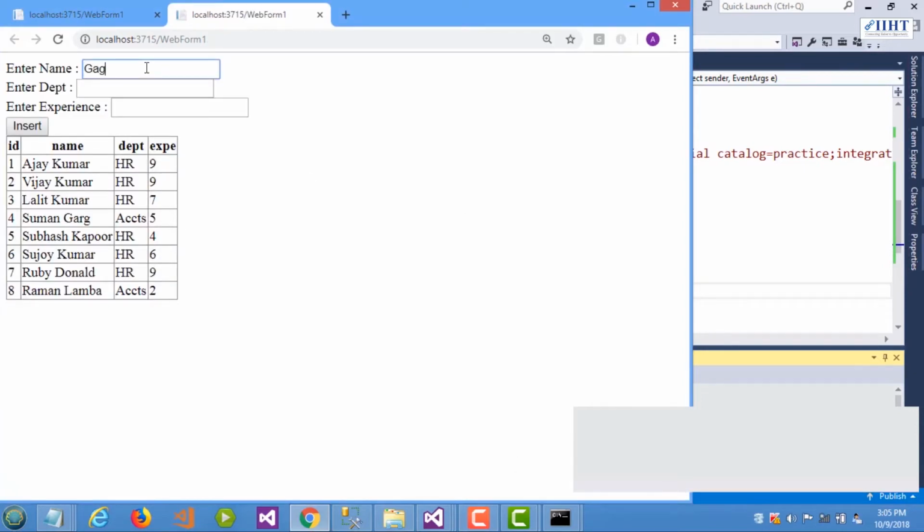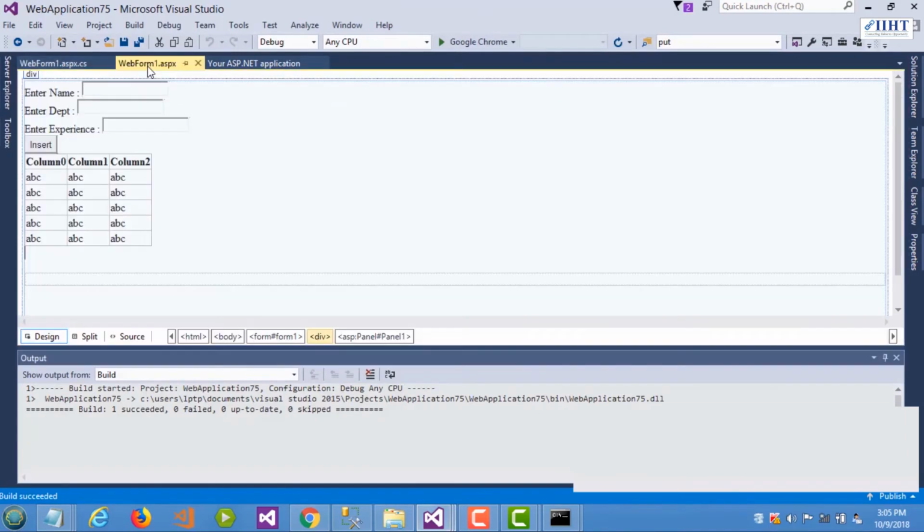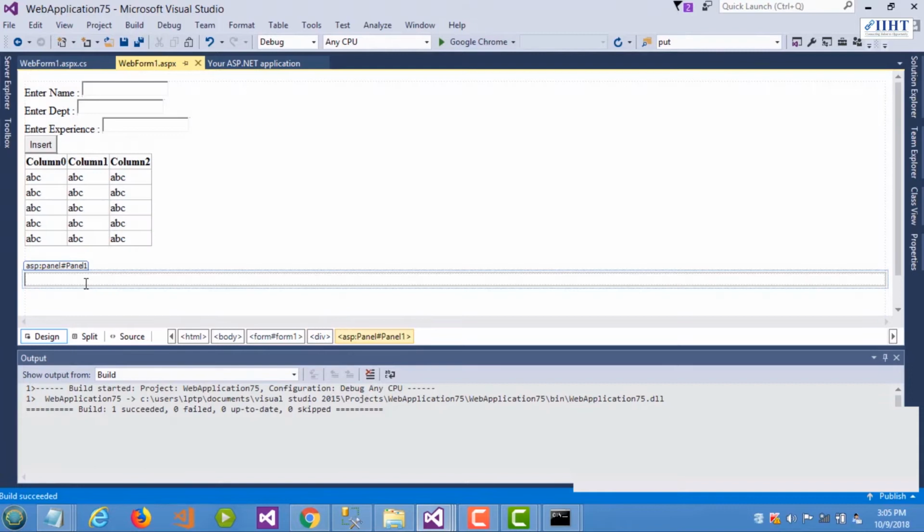So if we enter some record here now, again refresh this page and we will see. This record is also inserted through the stored procedure in the database. Similarly, if I want to perform updation and deletion also using stored procedures,